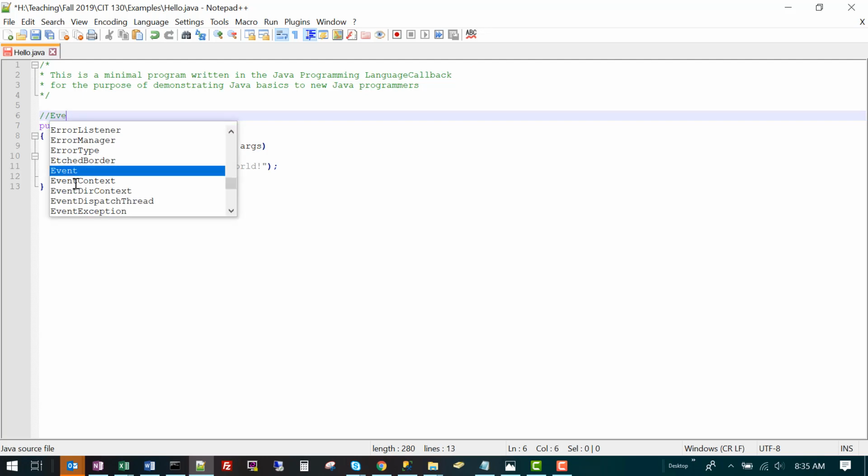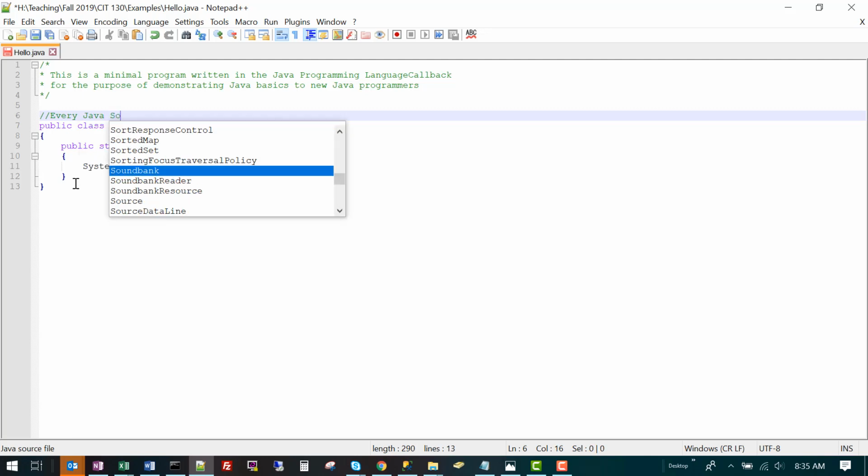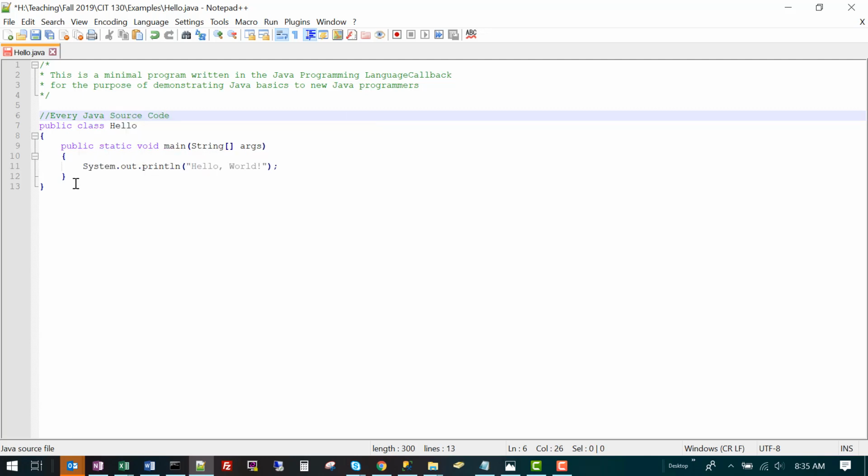So what I'm going to do here is indicate that every Java source code file will contain a block of code called a class. Again, we'll understand more about what a class is in the future.